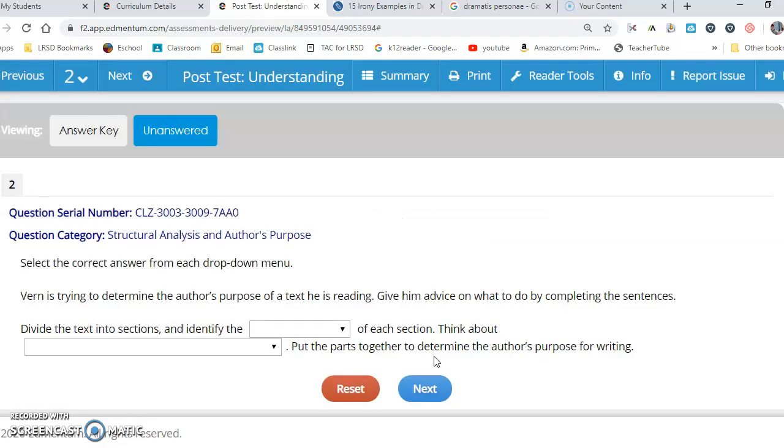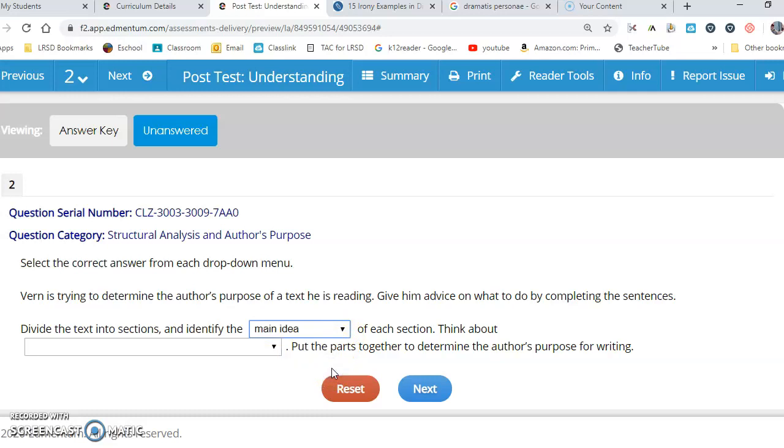The next question is, select the answer from each drop-down menu. Vern is trying to determine the author's purpose of a text he is reading. Give him advice on what to do by completing the sentences. Divide the text into sections and identify blank of each section. So we have the option, divide the text into sections and identify either the supporting details or the main idea. Well, I think that we want to know what the main idea is of each section, so that's the one